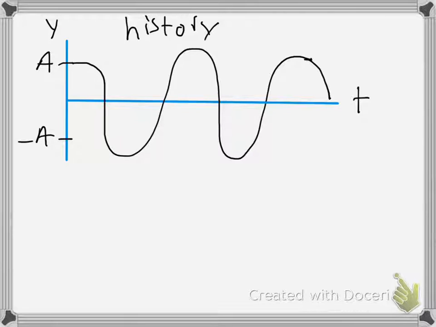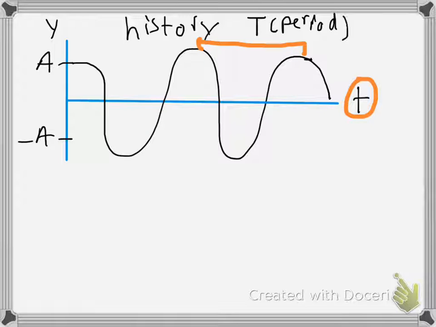The main thing here is, if this axis is time, then this measurement from crest to crest, when it was position, we called the wavelength. This is the wave that we're more familiar with. This is the period. That should be a little familiar from the previous